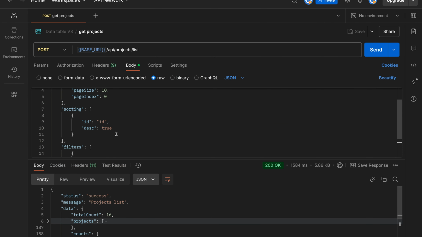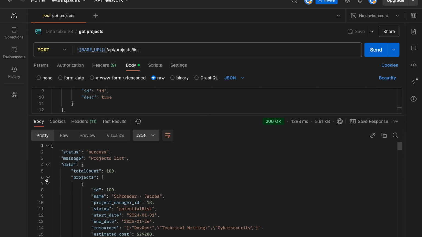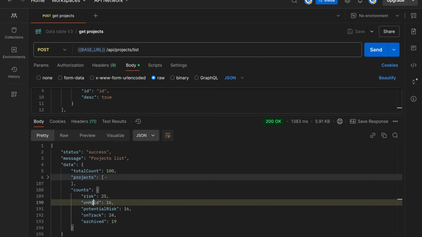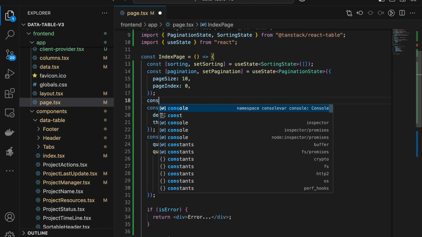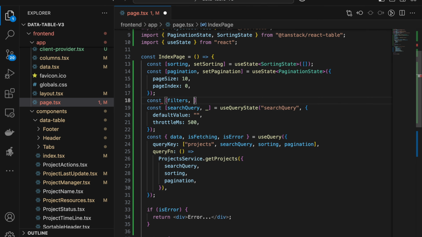And if I do not add any filters, I will just make it status all. If I save it, you would see that I will get all the 100 counts, and then in the counts I'll get all the different statuses which have that particular count. So in order to implement that, what I would do is similar to how I did the sorting and pagination. I'll implement filters and set